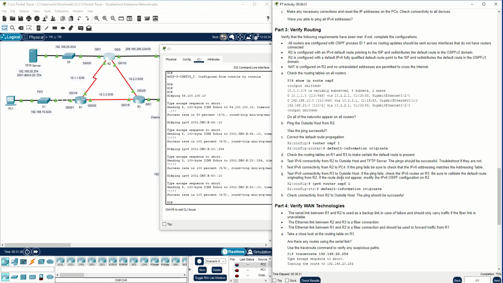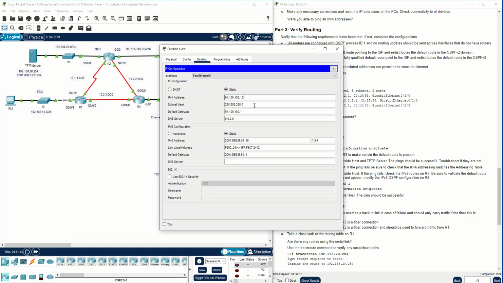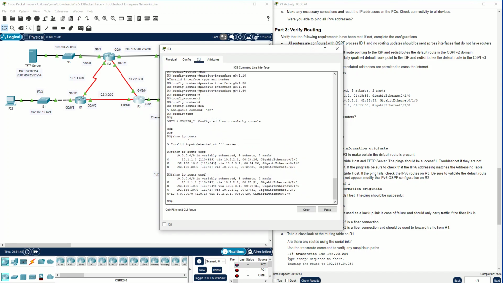Test IPv6 connectivity from router 3 to outside. This is router 3 to outside. This is the outside IPv6 address. We can come back to router 3 and write here ping IPv6, and after that